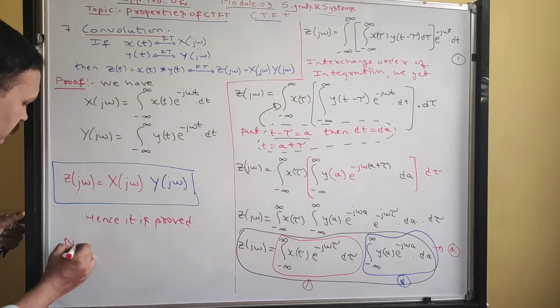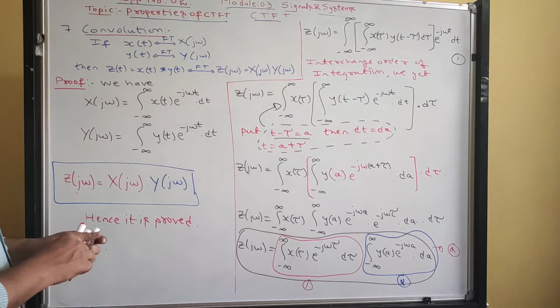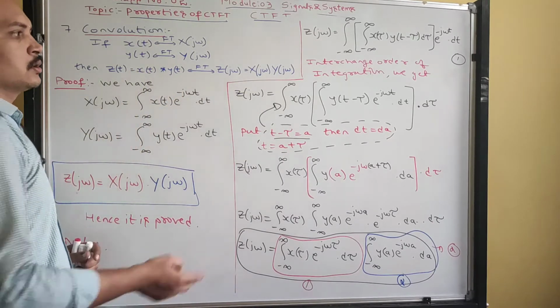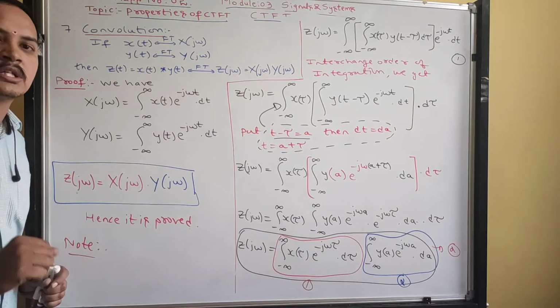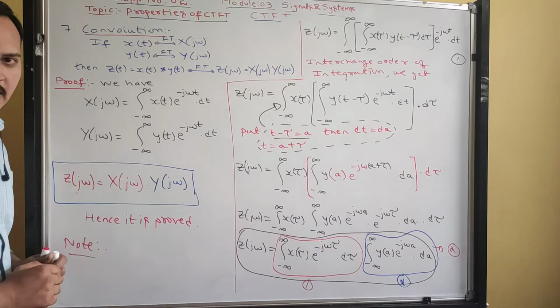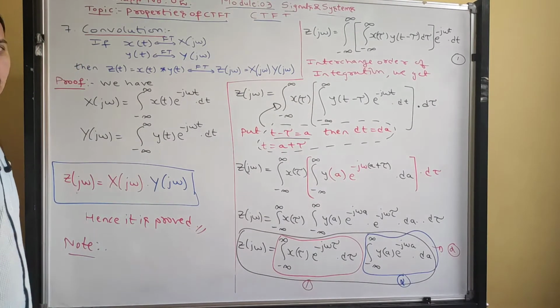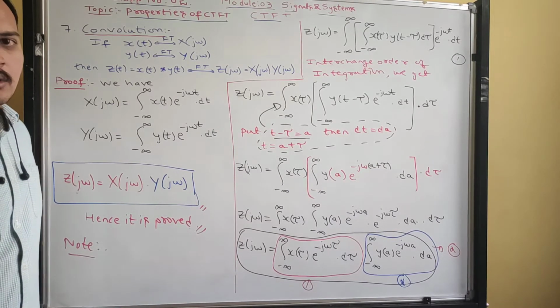So make a note, I will dictate. Please copy down in your notebook. Convolution of two time domain signals will result in multiplication of the two signals in the frequency domain. Capital X is frequency, small x is time. Okay guys, so make that point here. Understood? So pause the video and then copy down.